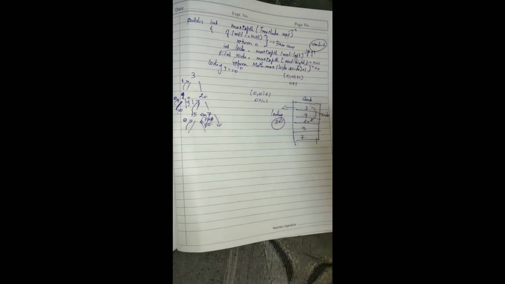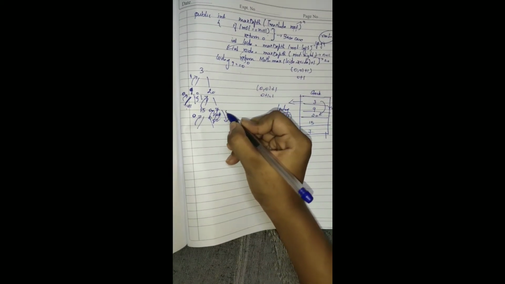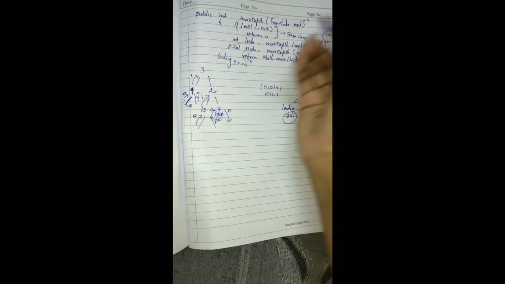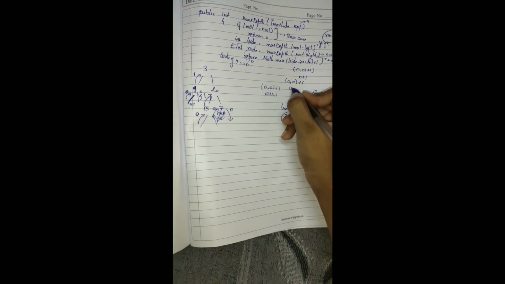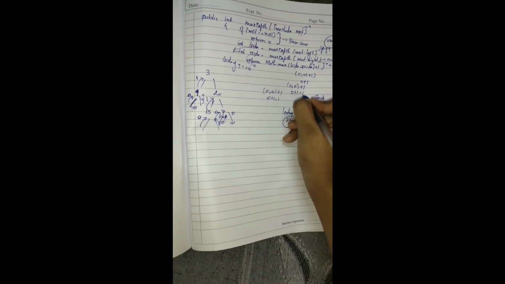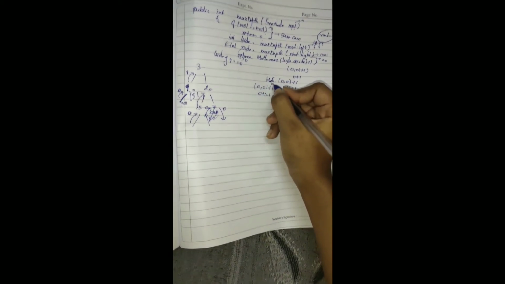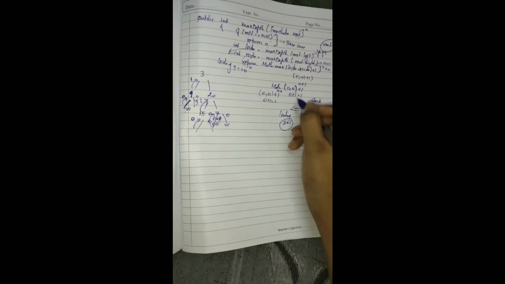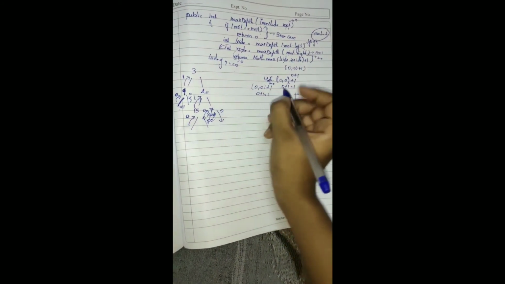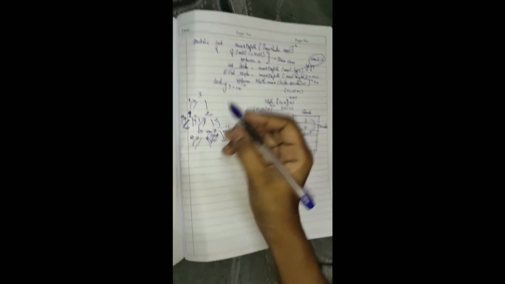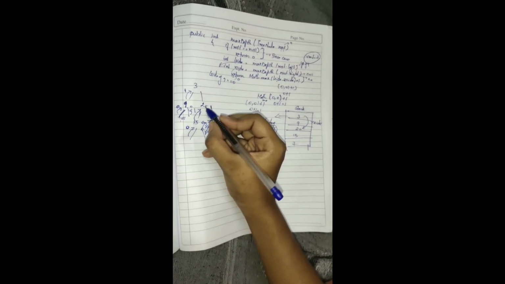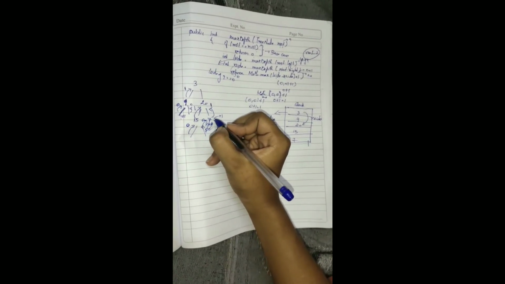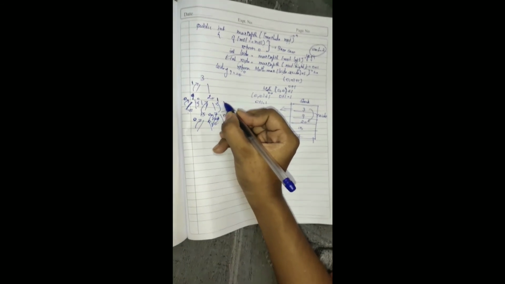And what is the right of 7? Right of 7 is also null, because it doesn't have any value to the right of 7. So it will also return the value 0. Now left side and right side have come for 7, which is 0 comma 0 plus 1. And 0 plus 1 will be equal to 1, because we are going to take the maximum. So this 7 returns the value 1 to 20, because the right side of 20 only called 7, right? So it returns the value 1 to the right side of 20.